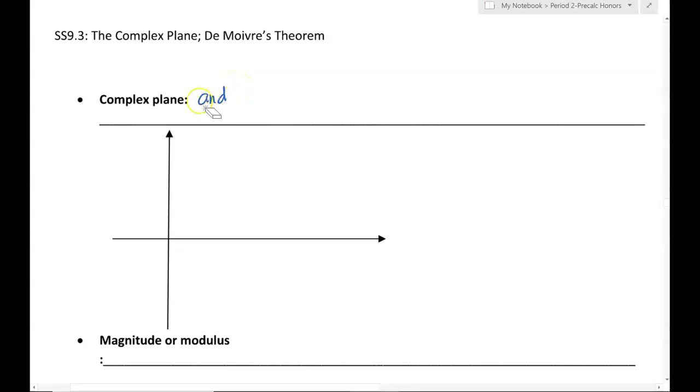Recap honors. All right, let's start 9.3, the complex plane and De Moivre's theorem. First definition. It says here complex plane, but can you also add complex number? Okay. All right. So the definition is a complex